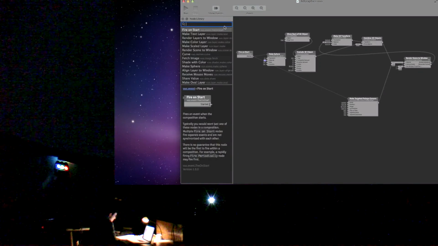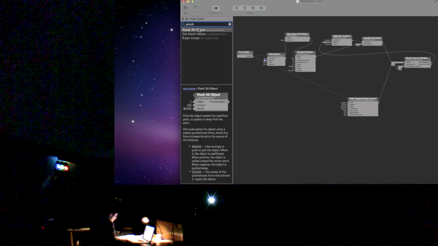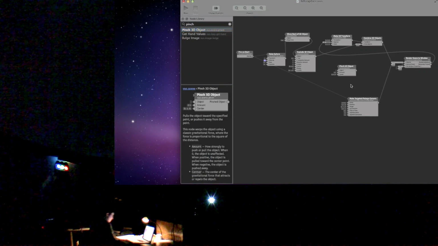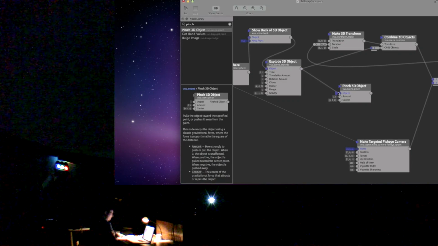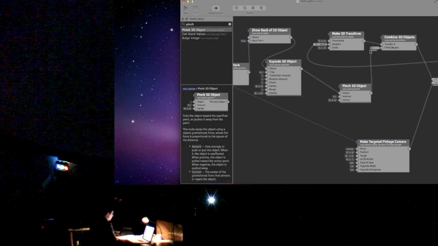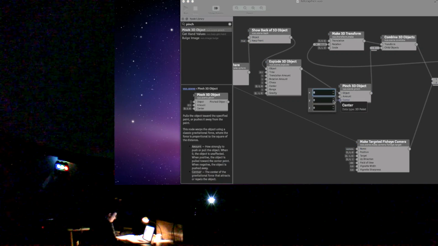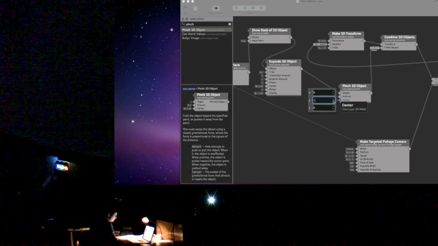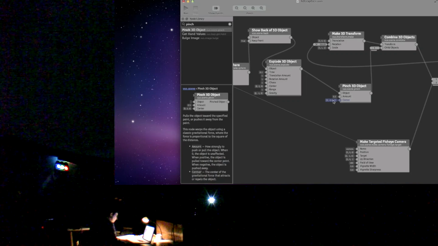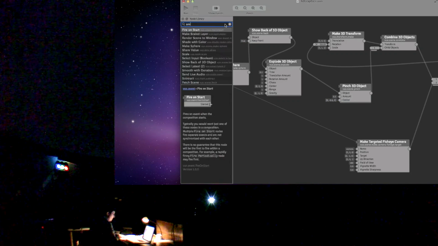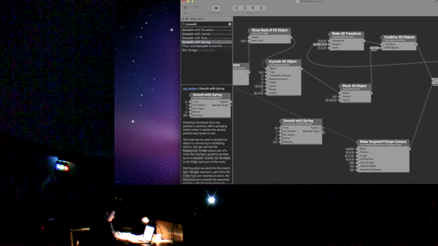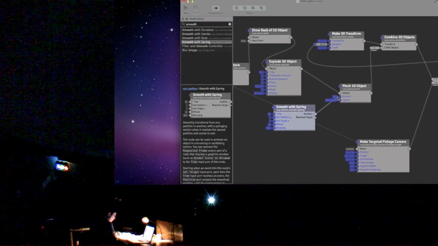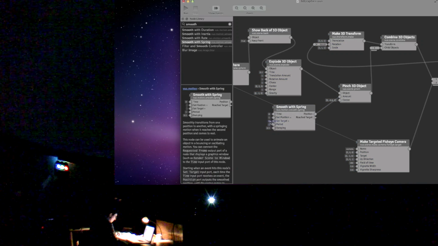One trick we sometimes use when making visuals with MIDI input is to invent characters who represent the different motifs in the music. So do you know Peter and the Wolf? Have you heard of that? How there are little tunes that each represent a different animal, like da da da da da da da da da da da da da da for Peter. Well, our characters and motifs are usually a bit more abstract than that, like a ball that bounces to a bass drum beat or a waterfall that appears while hi-hats are playing.